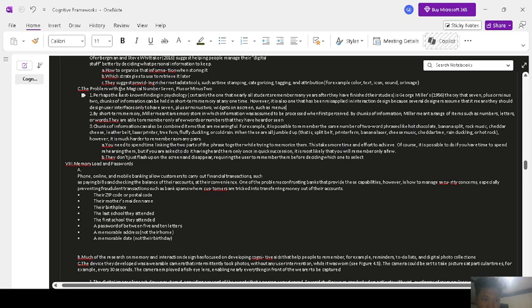The problem with the magical number 7, plus or minus 2, perhaps the best known finding in psychology, certainly one that nearly all students remember years after they have finished their studies, is George Miller's 1956 theory that 7 plus or minus 2 chunks of information can be held in short-term memory at any one time.